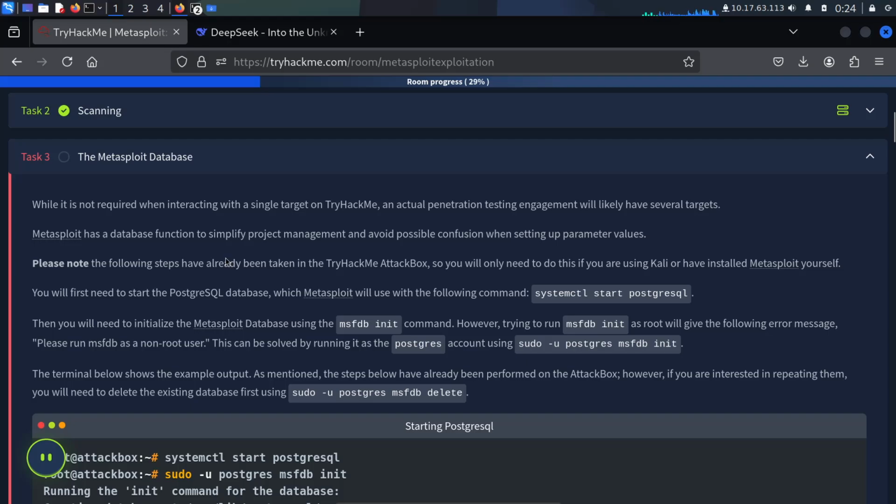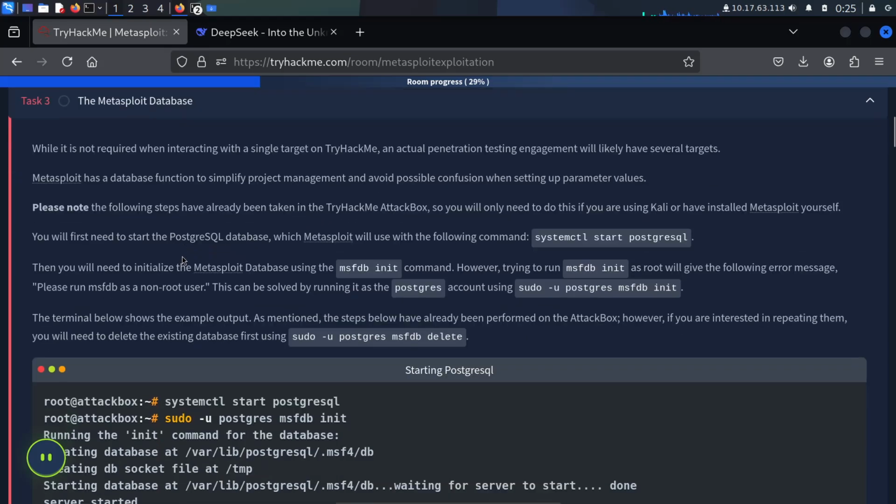Then we can find task number 3, the Metasploit database. It is not required when interacting with a single target, but an actual penetration testing engagement will likely have several targets. Metasploit has a database function to simplify project management and avoid possible confusion when setting up parameter values.